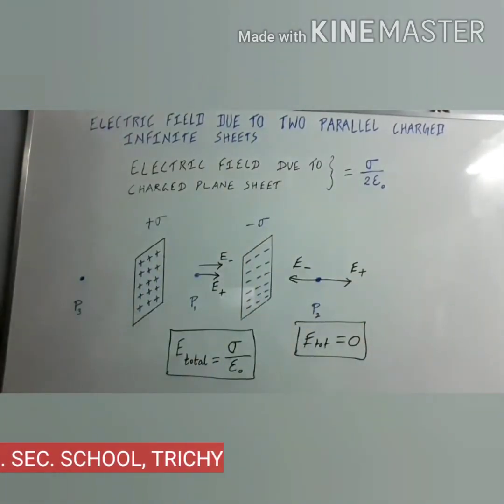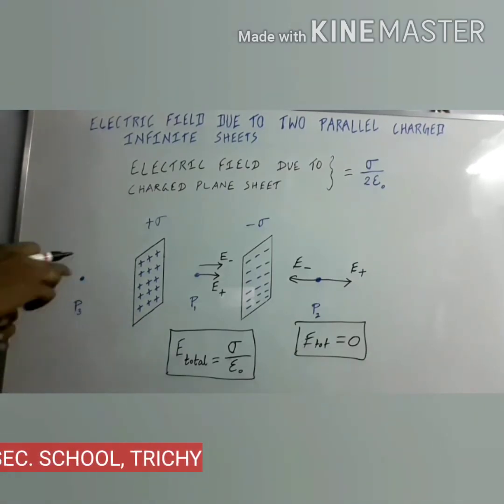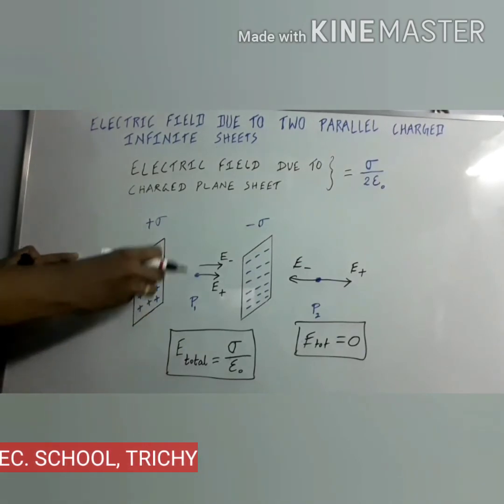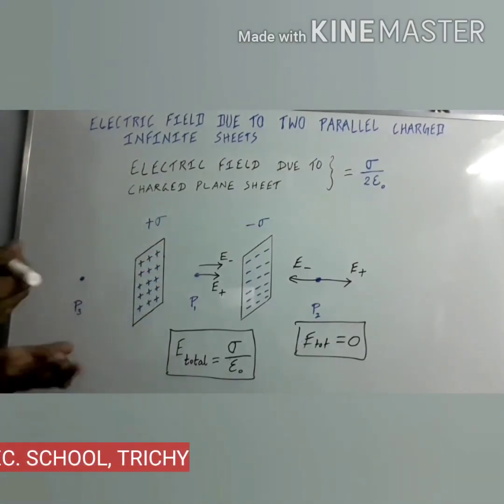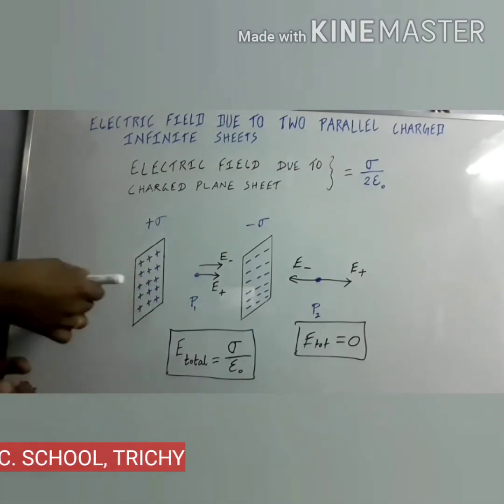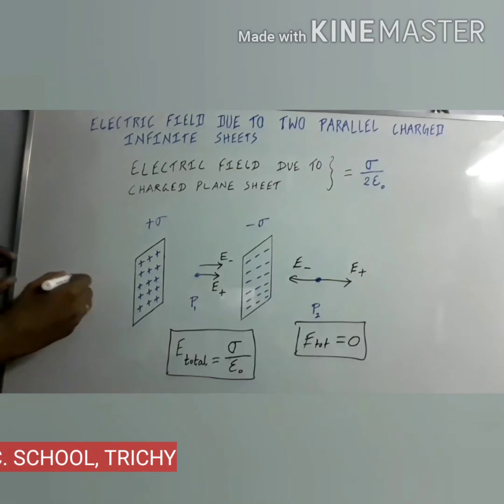At last we can take the point P3. P3 is near the positively charged plane sheet. What is the direction? Here is one clue: you can imagine there is a positive charge, I'm going to keep it there. So there is a positive charge, and here also a positively charged plane sheet is there. What will happen? There will be a repulsion. Otherwise, we have learned already that the electric field which is given by a positive charge acts outwards. So both clues can be used. So it acts in this direction.